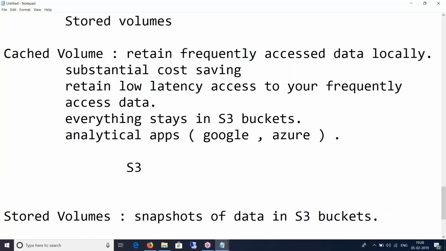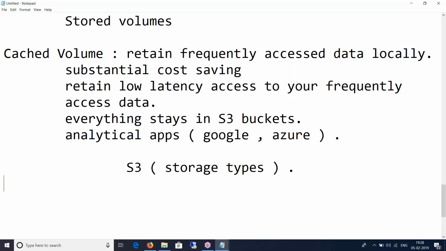And you know that S3 bucket has different storage types, and I will have the content going to what kind of storage type? Infrequently accessed data, right? So there is definitely a cost saving there. On my premise, I'm not storing everything, right?